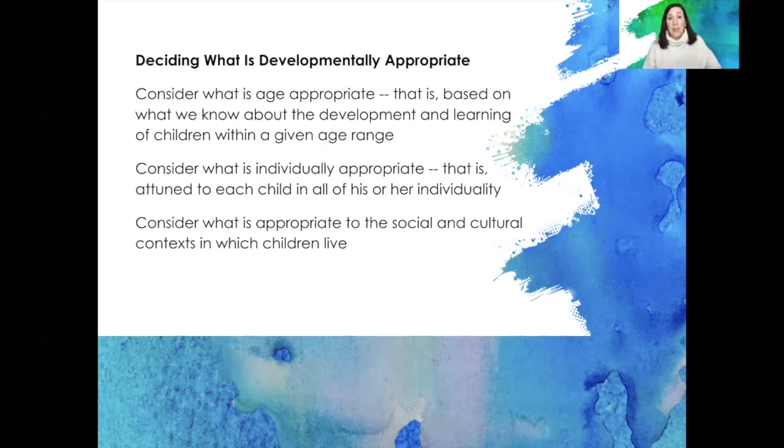And then you also need to consider what's individually appropriate. So each child in your class, what is going to be appropriate for him or her? Is there a way that you can do the activities that bring all of the children together, even children who have special needs? How can you accommodate all the children in an activity or in the things that you're doing in your classroom? And then what's appropriate to the social and cultural contexts in which children live? What are culturally appropriate songs or types of art that you can bring into your classroom